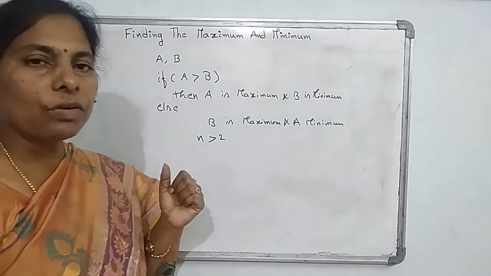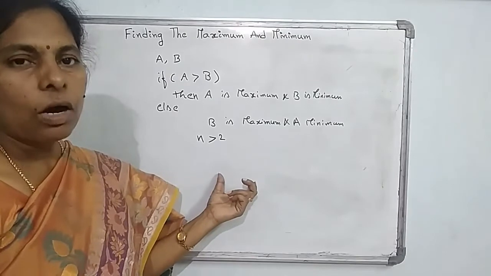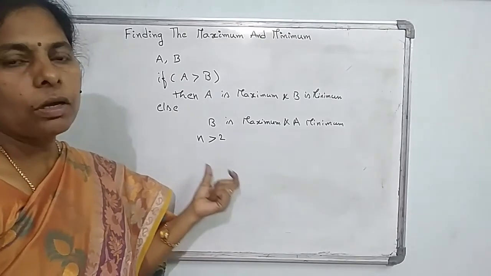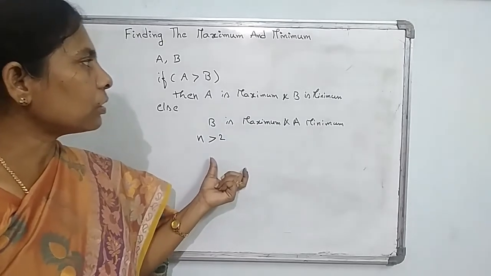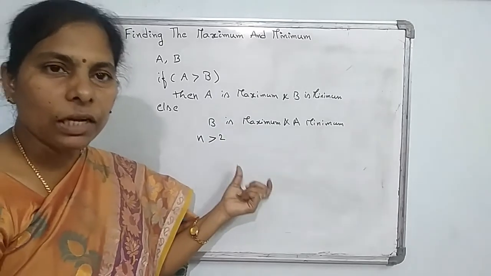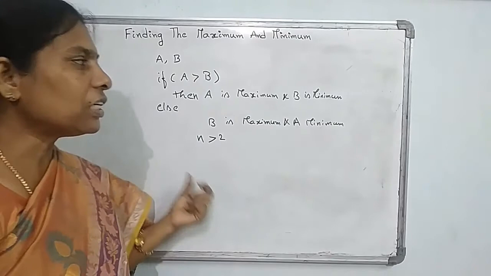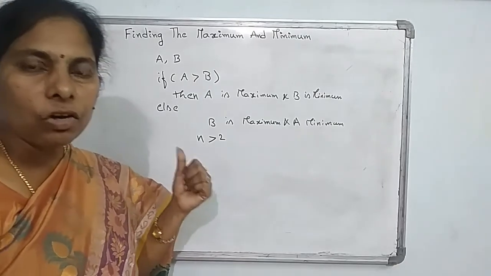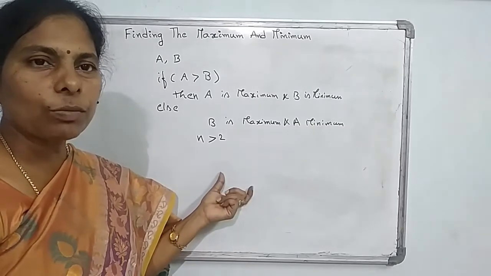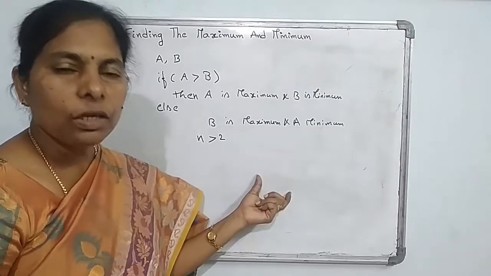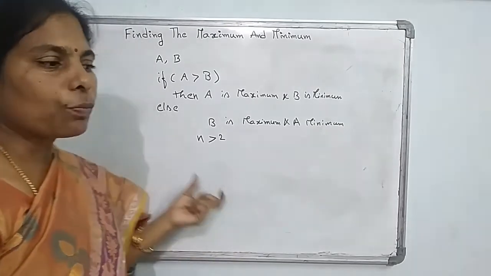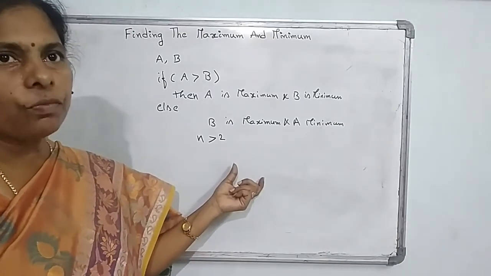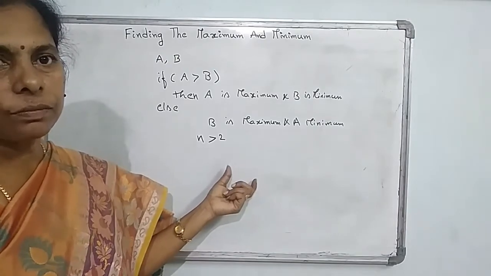But if you have an array of elements, how do you find the maximum element and minimum element? In that case you can take the array of elements and compare each and every element of the array. In that you can decide which one comes under the maximum element and which one comes under the minimum element. So that is the process. Now we will discuss how to take the array elements.